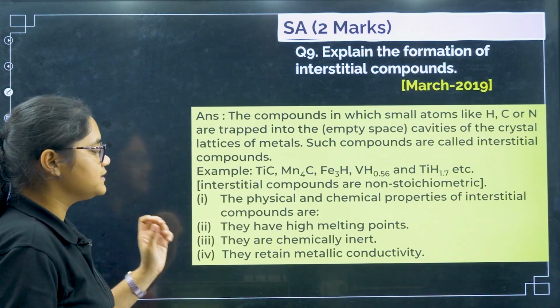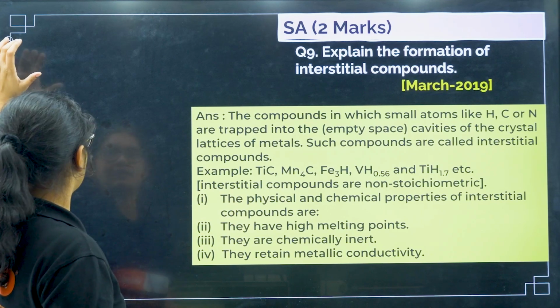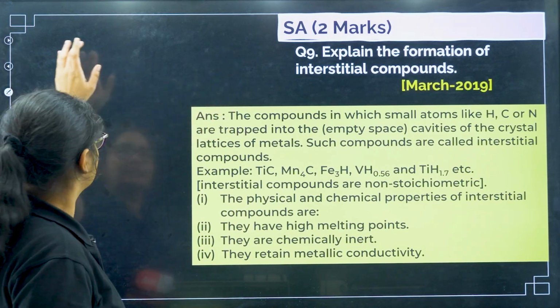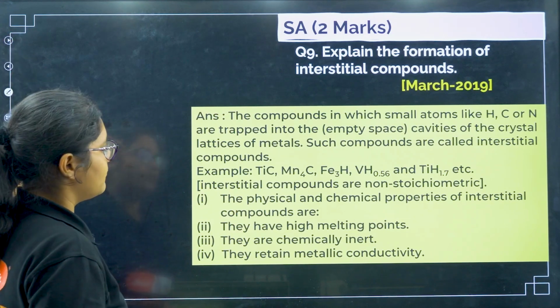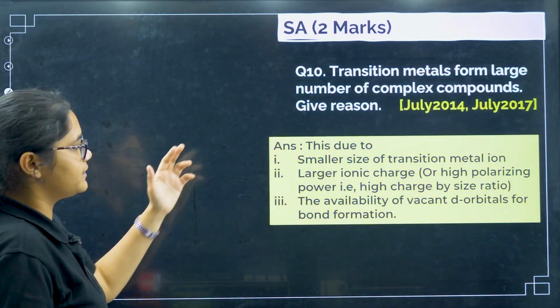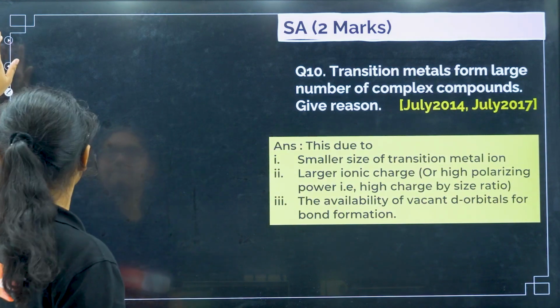And here are the properties, why they can improve the quality of the compounds. They become hard, they have more boiling point, chemically inert. Okay, next, why transition elements can form complex compounds. These are the 3 reasons. Please revise them. Okay,